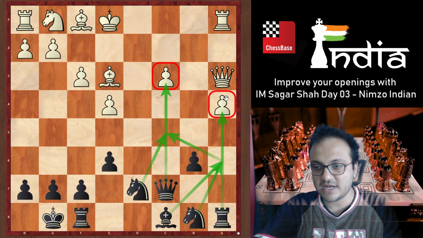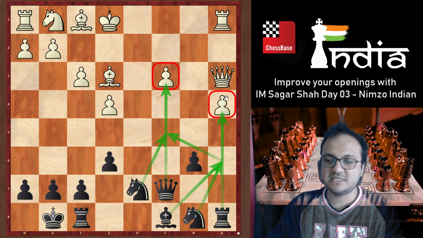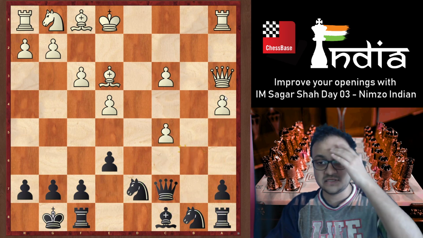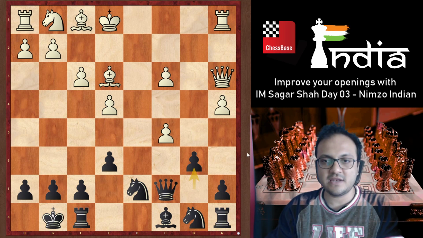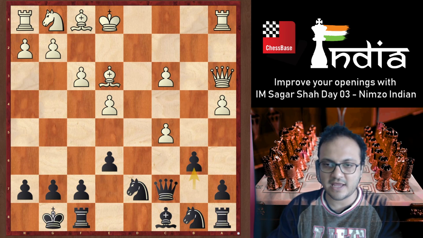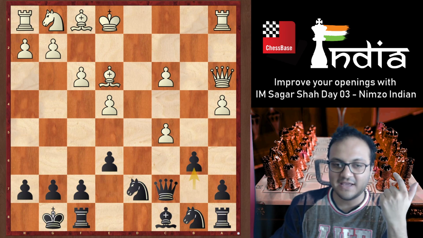Very good. All those who said B6, well done. By the way, the main idea of B6 is that you force White to take. Now, I can remember a position. Actually, when I remember something, I can find a game.